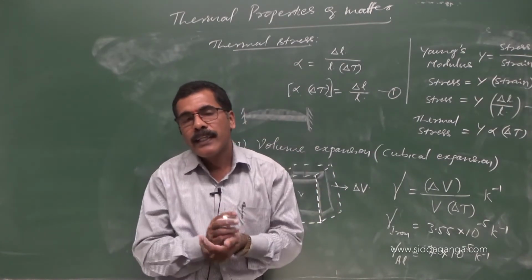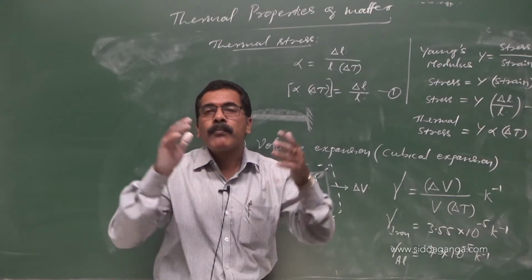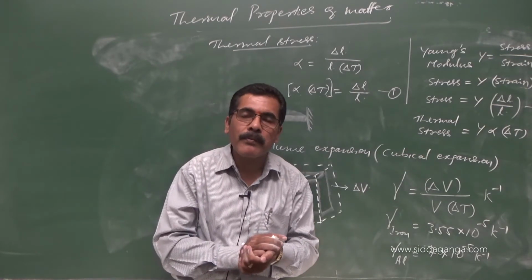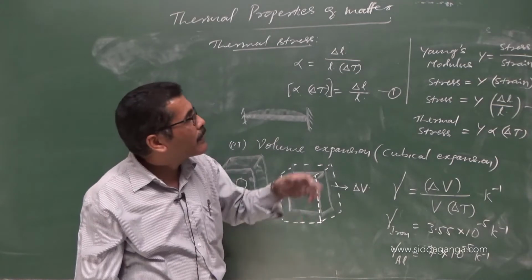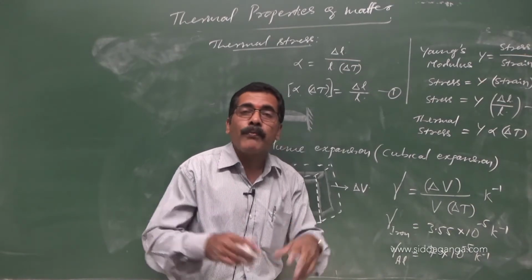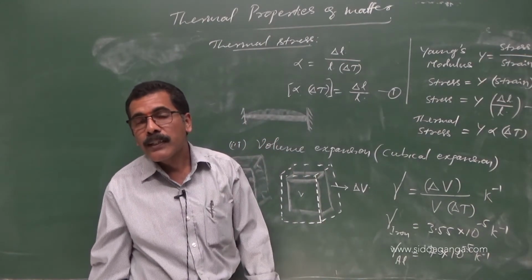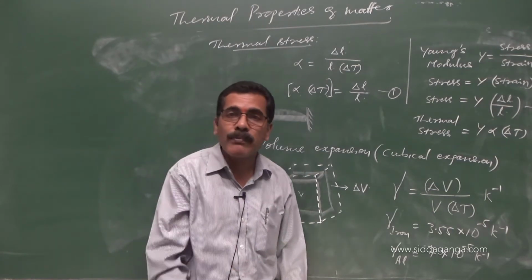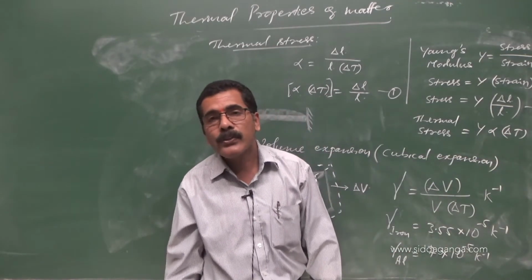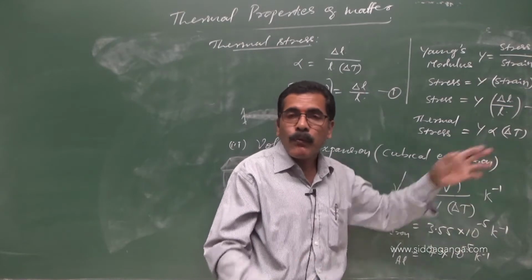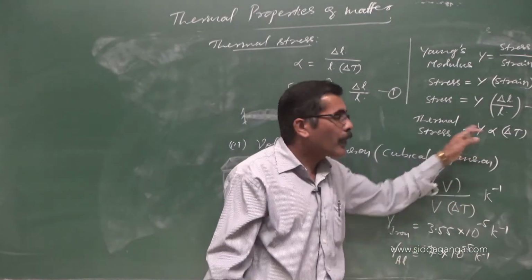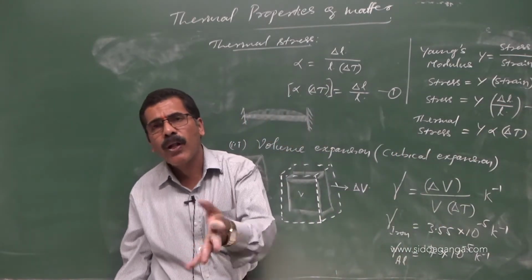Even in the case of metal bridges, an allocation has been made for expansion during summer. See, this is the important significance of thermal stress. If you know the value of Young's modulus and alpha of the given material, whether you make use of iron for the bridges or steel in a railway track, you put the value for iron or steel, and you know the rise in temperature during summer, you can calculate the thermal stress developed. It is not a very small number, it is a very big number.